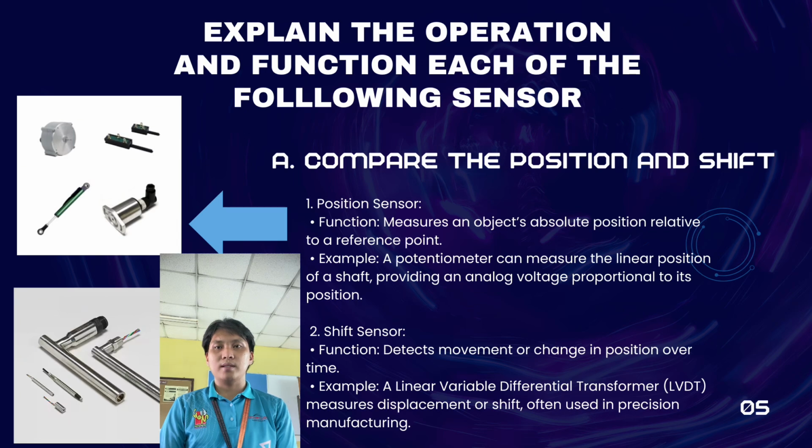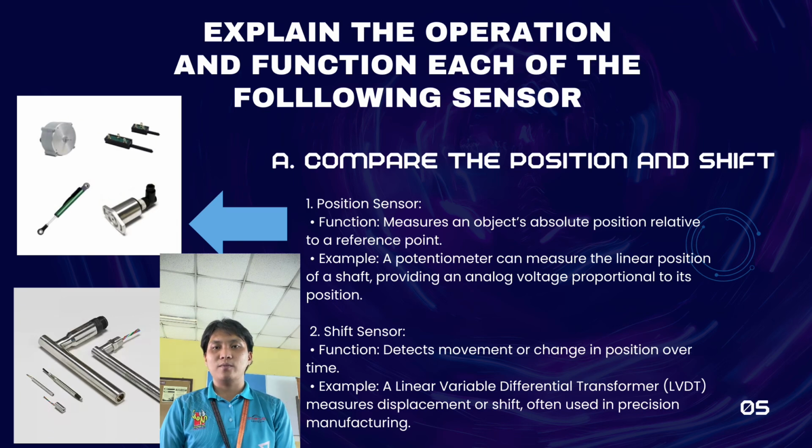about position and shift sensor. Position sensor function. Measure an object absolute position relative to a reference point. Example, a potentiometer can measure the linear position of a shaft, providing an analog voltage proportional to its position. For example, this. Okay,